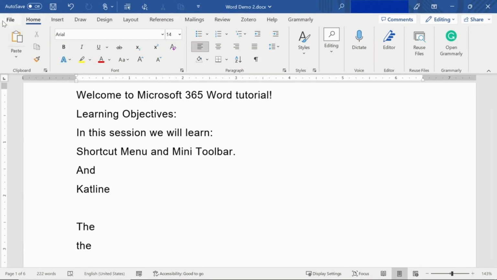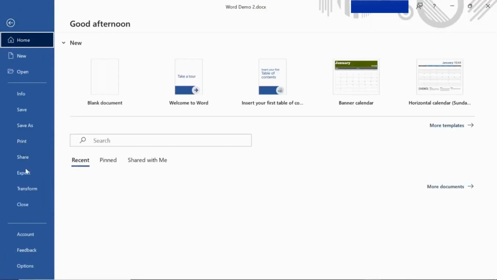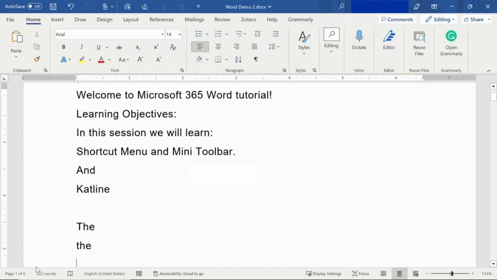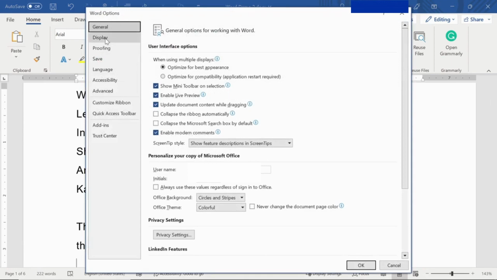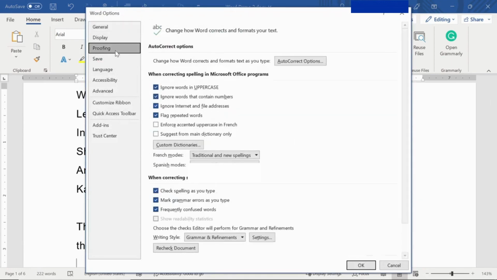All you need to do is go to the File tab and then click on Options. In the options, you go to Proofing, the proofing options. In the proofing options, here you can select all the check boxes or the ones which you think are